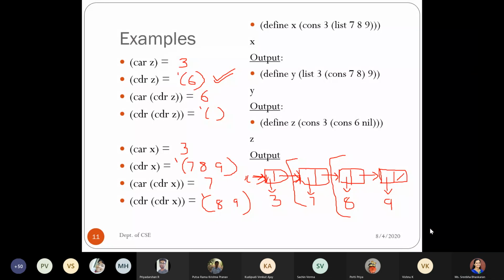So instead of writing car of CDR, we can even write it in the short form CADR, which is nothing but car of CDR of variable X. So even though I write CADR, it means car of CDR of X. First the CDR will be executed, and then the outer one, which is car.